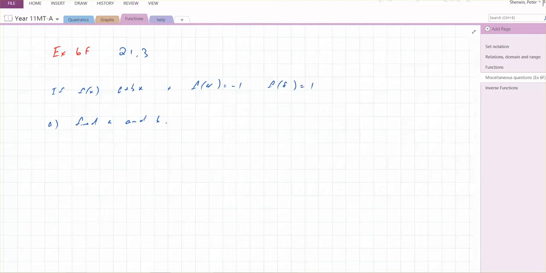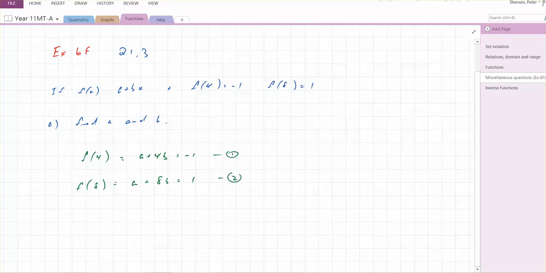Okay, what can we do with this? This is our function definition here, a plus bx. f of 4 equals minus 1. If f of x is a plus bx, f of 4 will be a plus 4b, and that's equal to minus 1. So there's equation 1, and f of 8 will equal a plus 8b, which is equal to 1,